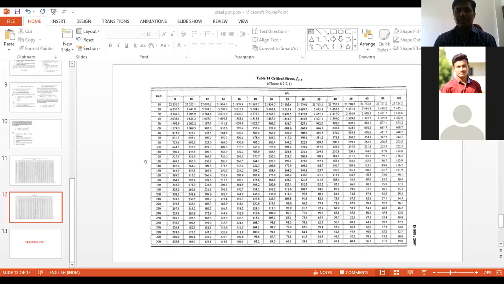That is actually 30% more, that is 1.3 times ZP. That ZP you can match with the table given in the IS 800. From that you can get the section, that is our trial section. Now in this case I am assuming ISMB 350.